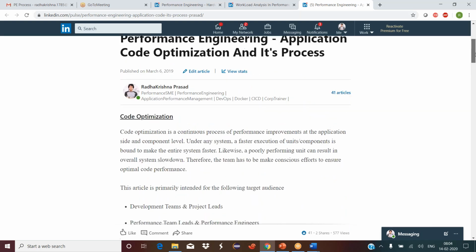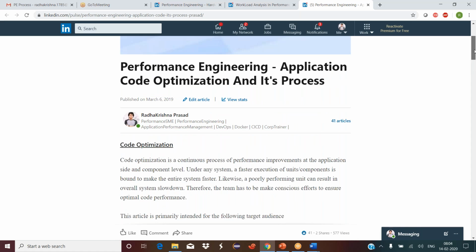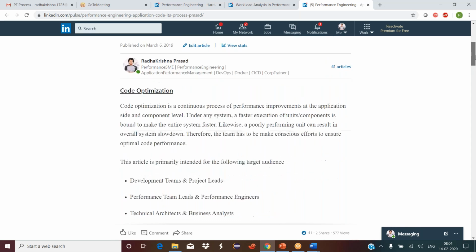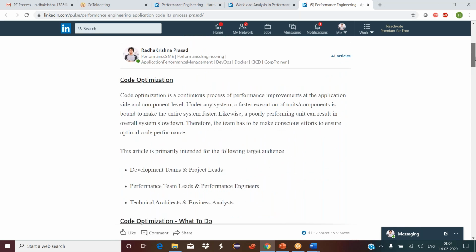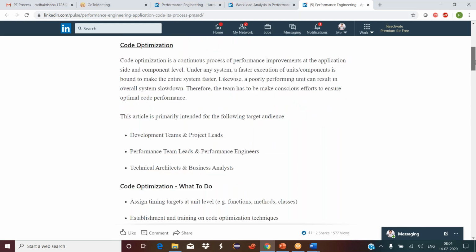So even the code performance engineering, application code optimization and its process, right? No performance engineer will be a part of this activity. But the reason for putting this article here is